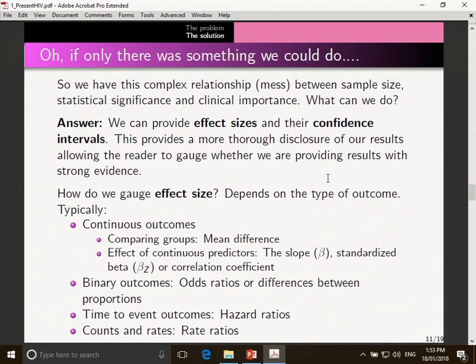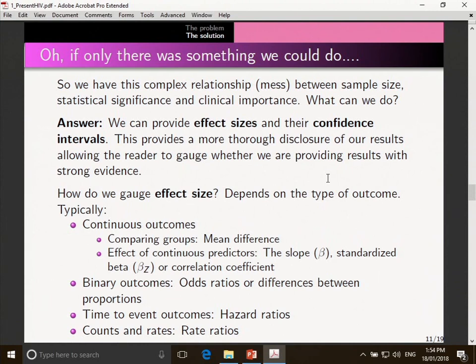So if only there was something we could do about this complex relationship, a mess between sample size, statistical significance, and clinical importance, particularly in this complicated situation of observational studies. There is something we can do. First of all, we can understand what it is we're looking at. Okay? We can insist that an author produce effect sizes and confidence intervals, not just p-values from chi-square tests, for example. So this provides a more thorough disclosure of our results,